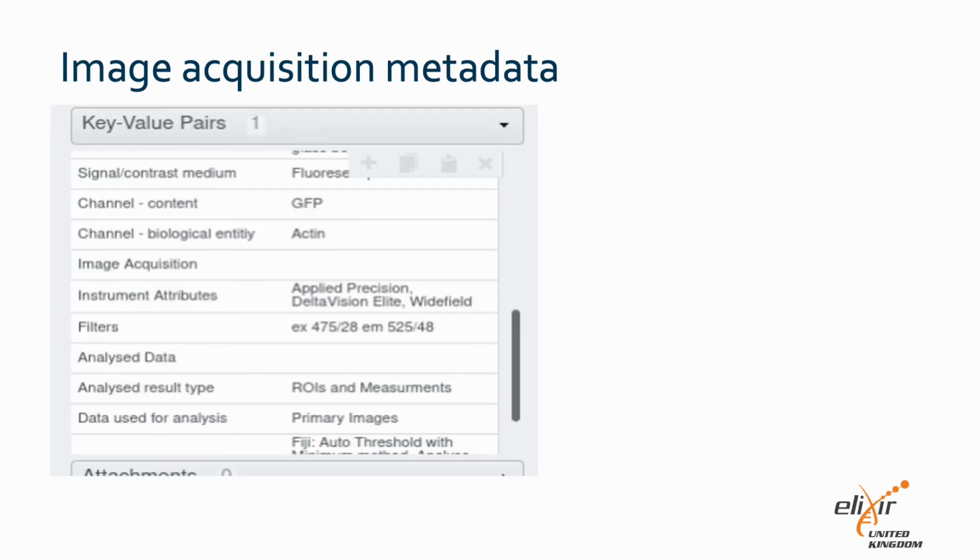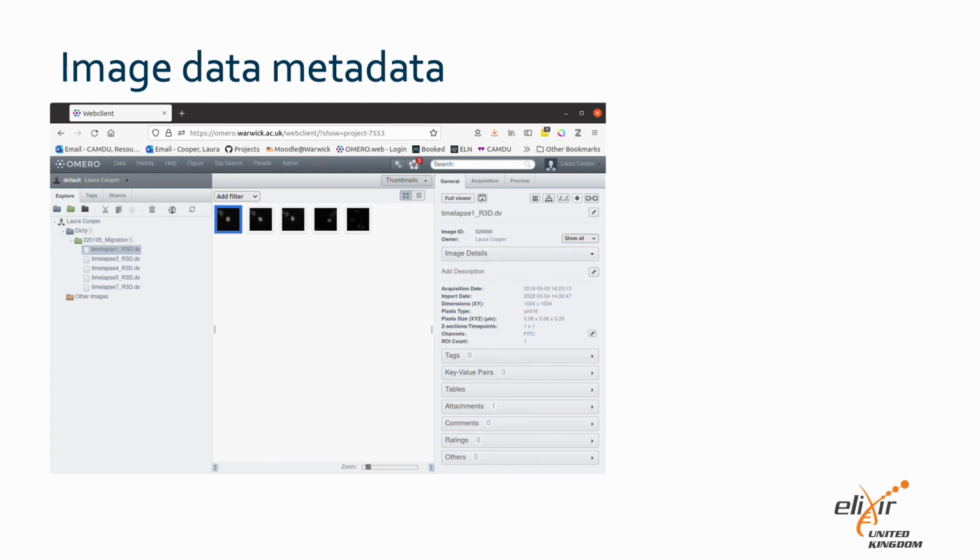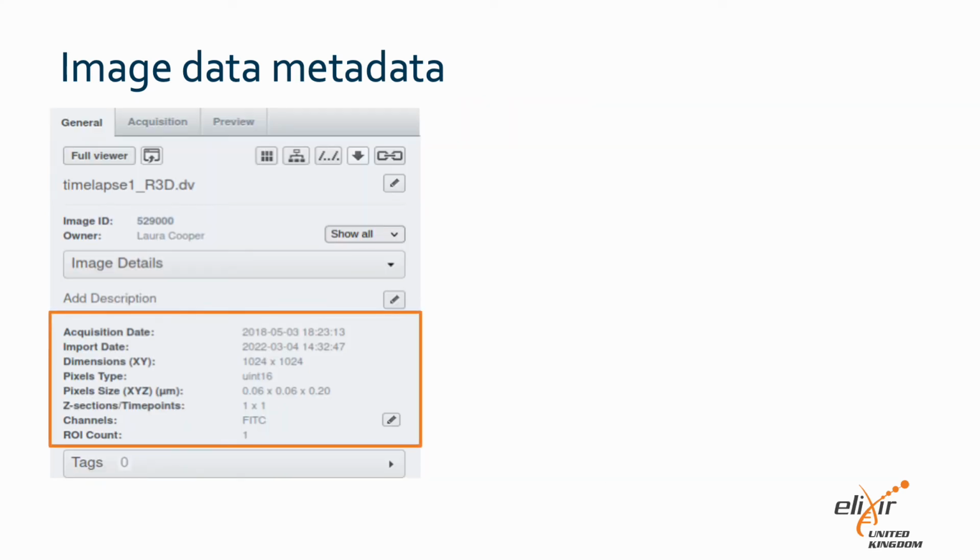Going back to the previous slide, you can see all I've added here is the instrument name and the filters used. If we look at one of the images, we can see that the image data metadata has been automatically read into Amero on import. So once again, I don't bother to record this information elsewhere. No image correlation was carried out for this data, so I skip this part of the REMBI metadata framework.